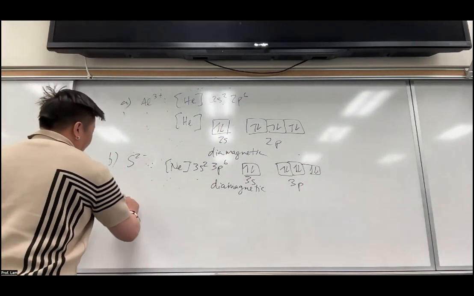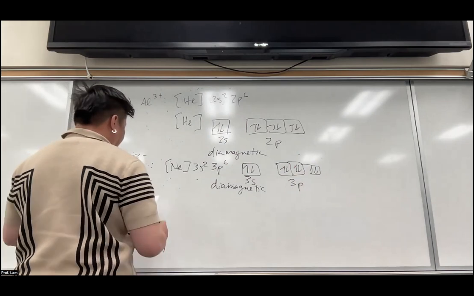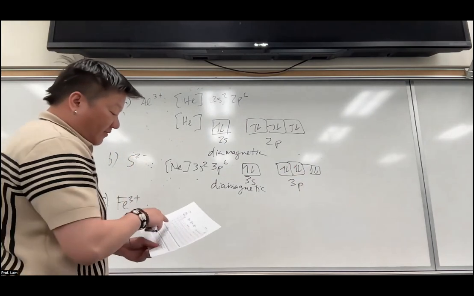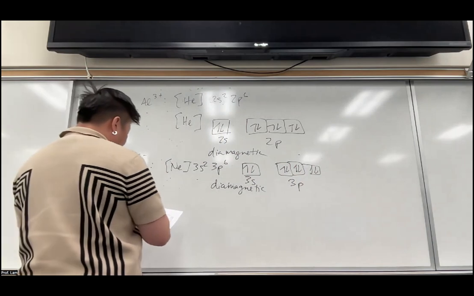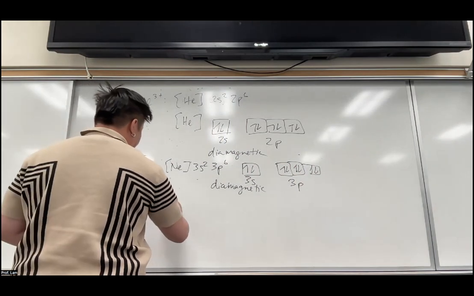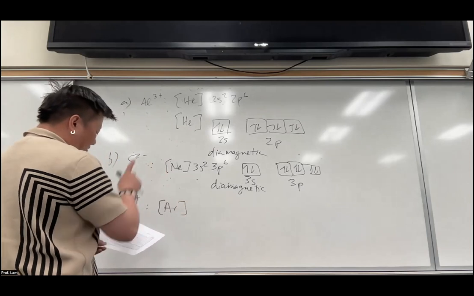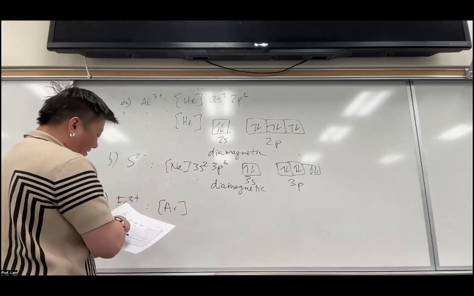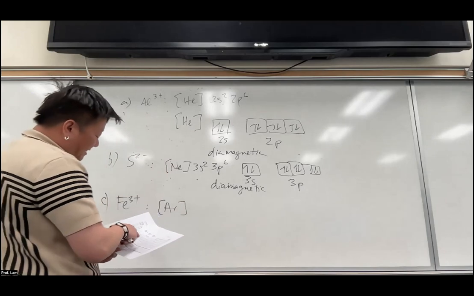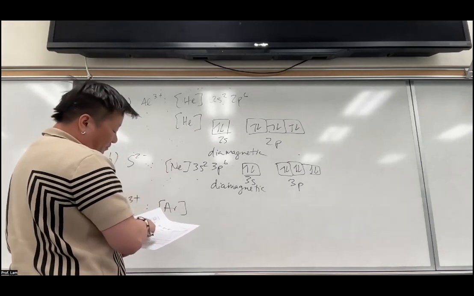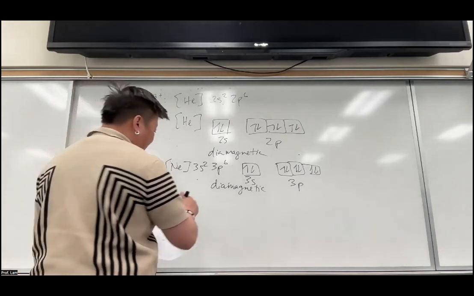C, iron 3+. Okay, remember how to do it? Previous noble gas for iron is brackets argon. Okay, from iron, walk back 3 spaces, and then look up at the group number. That's 5. And then figure out what block you're in. It's D, and period 4, so 3d